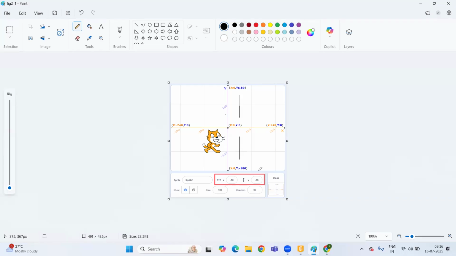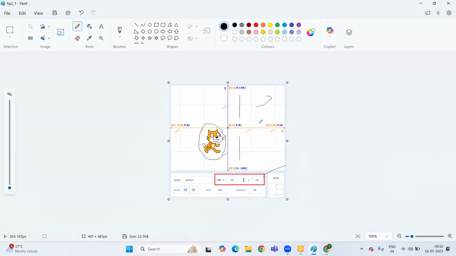So here's the location where we need to put the values. If we are putting x negative and y negative, then x negative is here and y negative is here. That's why this cat is here, right? And if both are positive, x positive and y positive, our cat sprite is here.